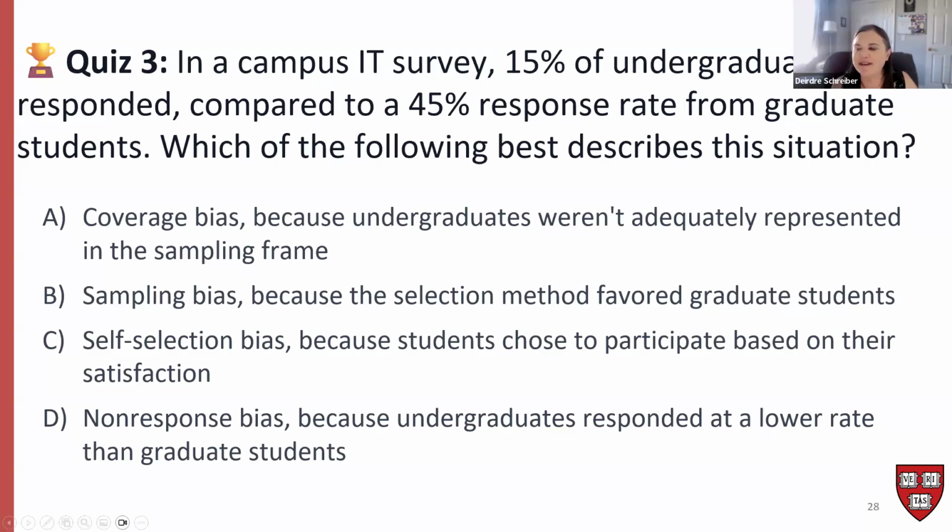And a question did pop into the chat. What would be an example of post-stratification weighting? Okay, that's actually a topic that we can talk about for like an hour. An easy way is that, say you have 50-50 male and female in your population, but you only have a quarter of males and three-quarters of females in the responders. Then you can